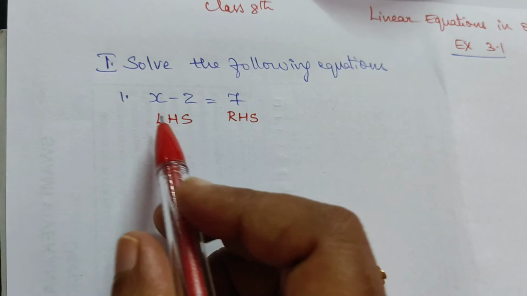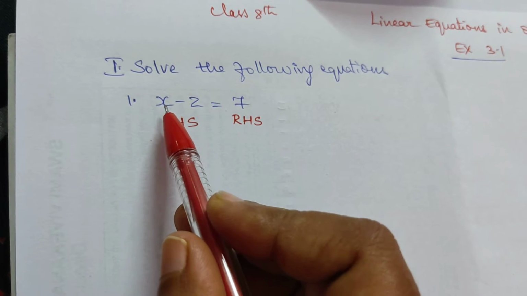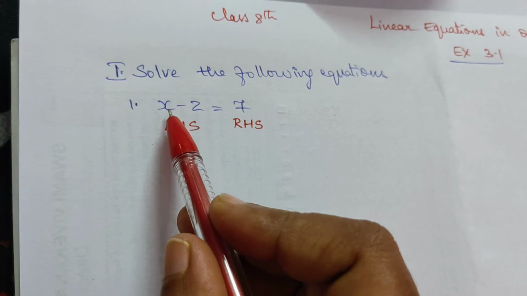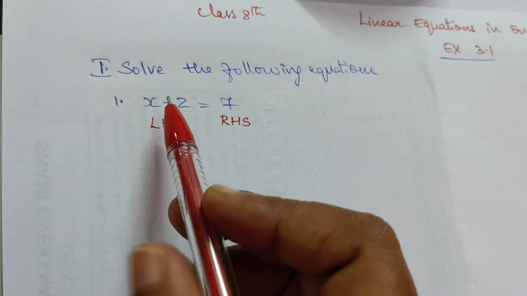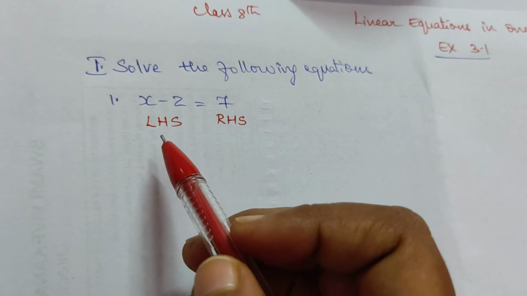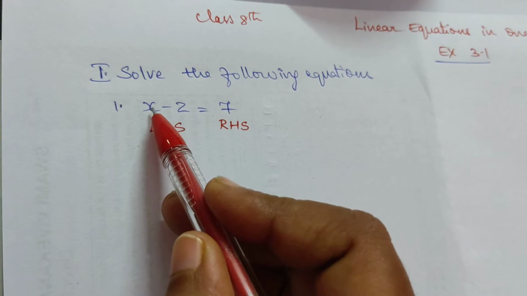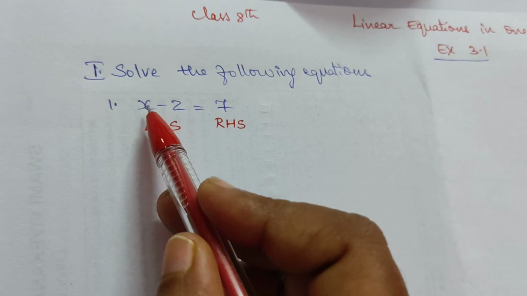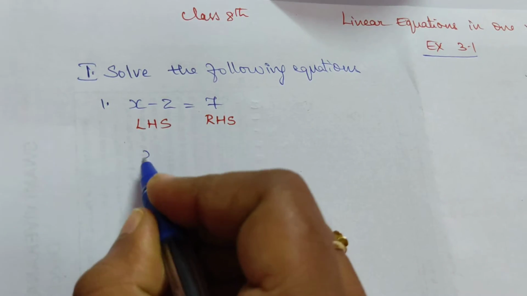And here whatever it is, we call the terms on the left hand side. Okay, so here you should see which is the variable. X, as I said, all small alphabets are called variables in algebra. So x is a variable, 2 and 7 are constants. If we have to solve the equation, we should see what is the variable and find the value of that variable. So we have to find the answer for x.